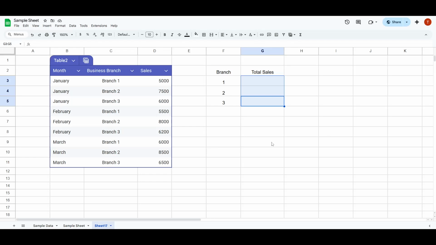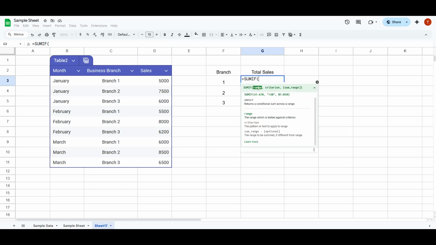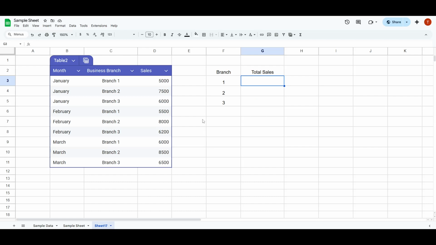In today's video, I'm going to teach you how to use the SUMIF function in Google Sheets. This powerful tool can help you easily summarize data based on specific conditions, and today we'll be applying it to analyze sales from 3 branches over a span of 3 different months. By the end of this tutorial, you'll know how to efficiently use SUMIF to calculate the total sales for each